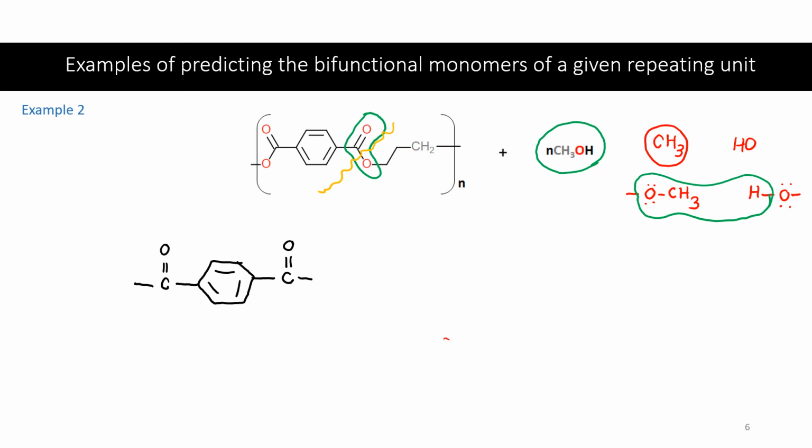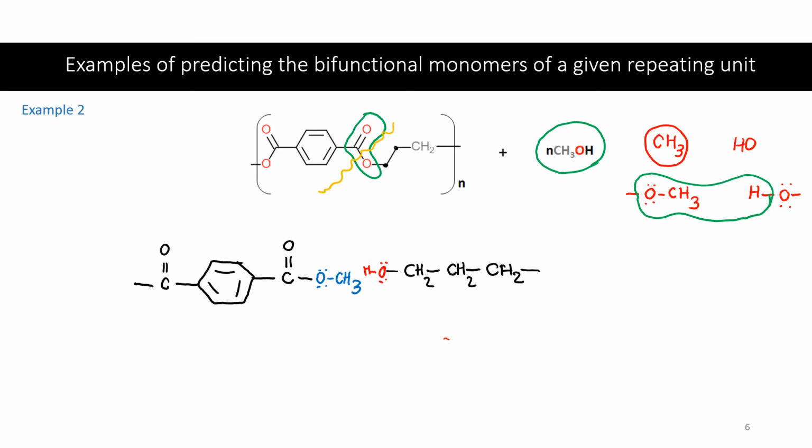Then the other part of the repeating unit, there's a CH2, another CH2 here, and another CH2 here, and then an oxygen, right? So let's draw three of these and leave these ends open. For methanol to be eliminated, we should have had an OCH3 group on this side and an OH group on this side,